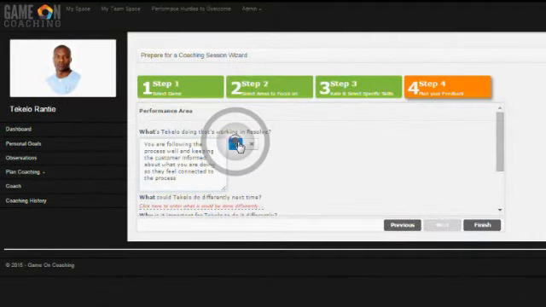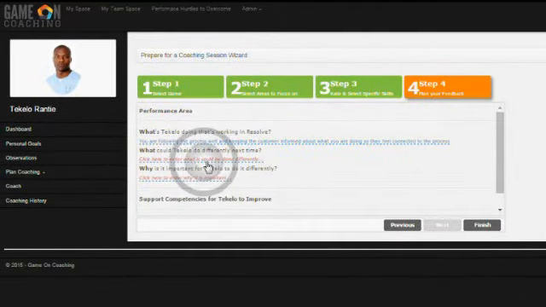And then we can save this. Now we get to the magical piece. What could Tekelo do differently next time?